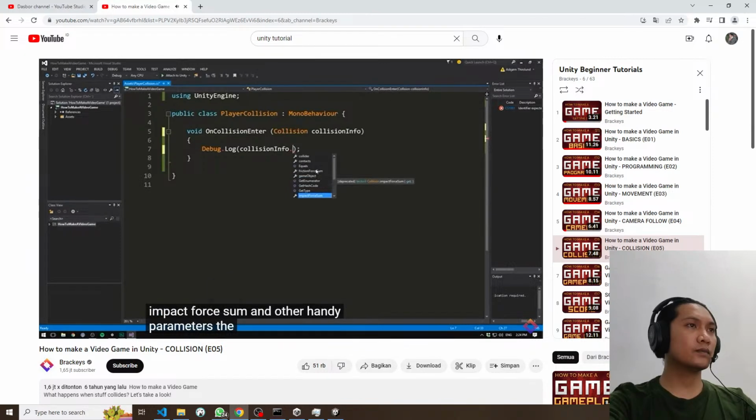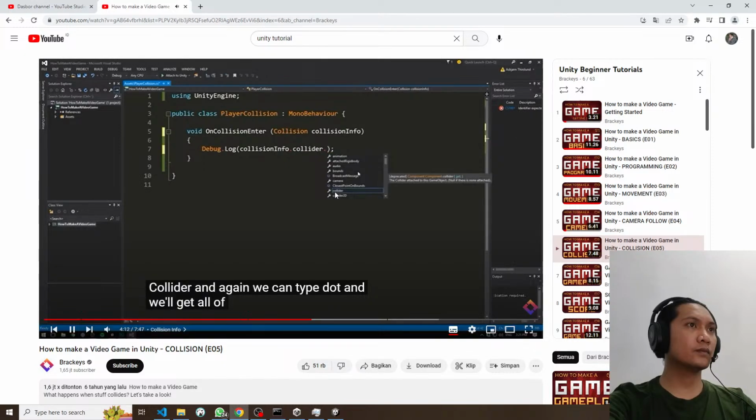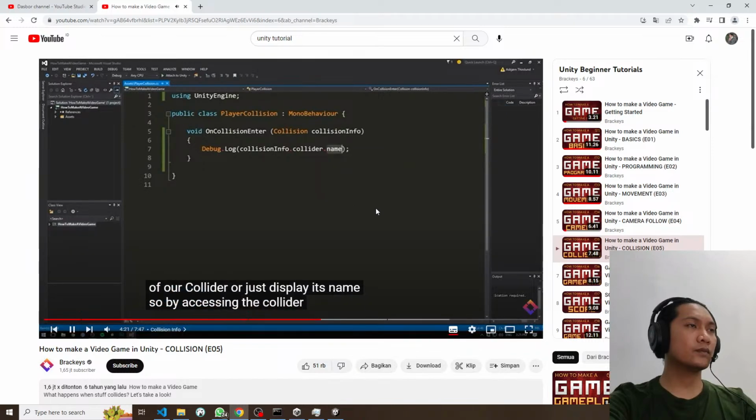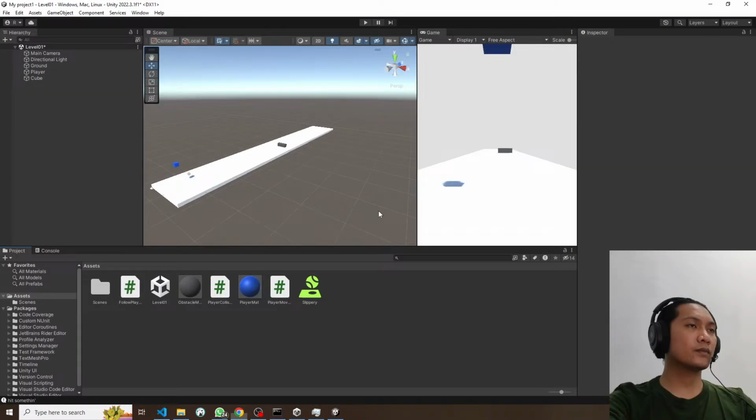The most important one for us is that we can get info about the collider we hit. So let's write dot collider, and again we can type dot and we'll get all of the information about that collider. Here we can access the rigid body of our collider, the material of our collider, or just display its name. So by accessing the collider within collision info and the name